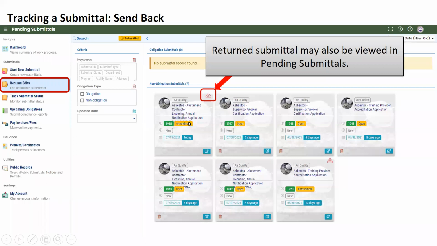So those are key things to look for in the event that something populates back on your dashboard. Was it a send back? Is there something that I need to revise or amend on it?